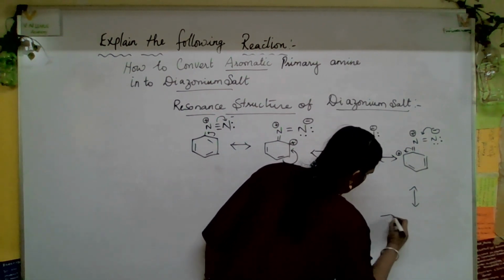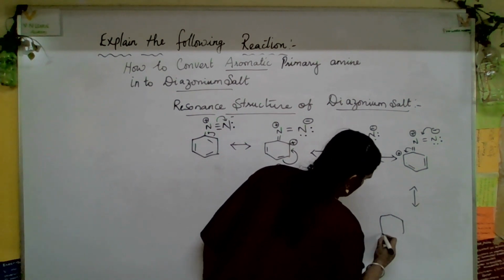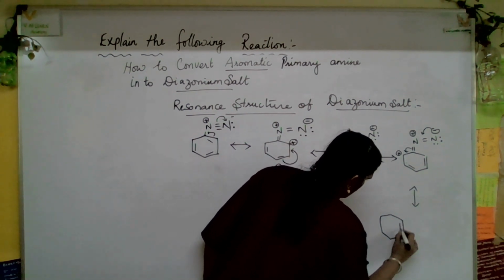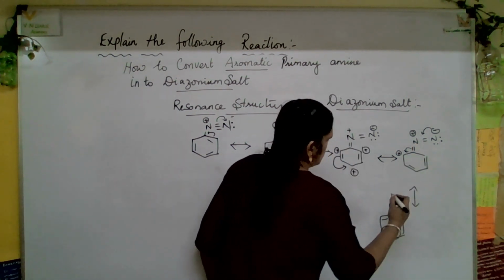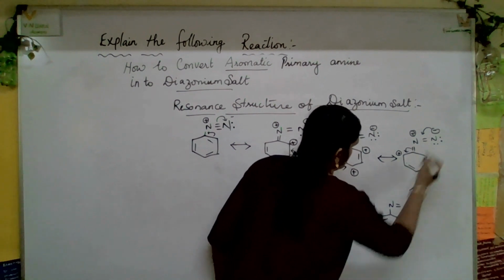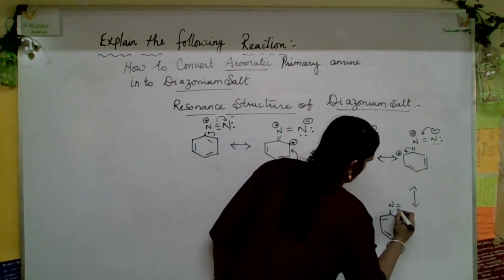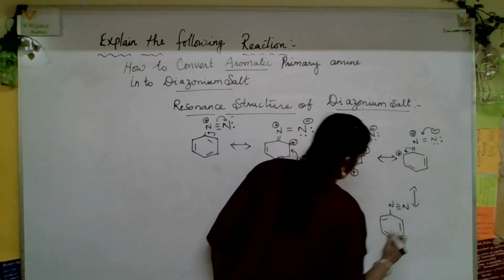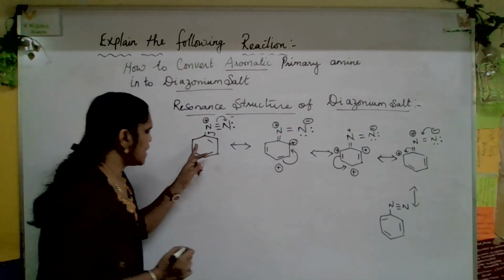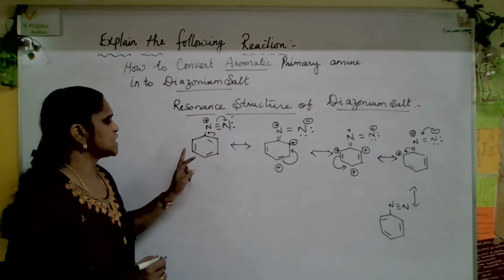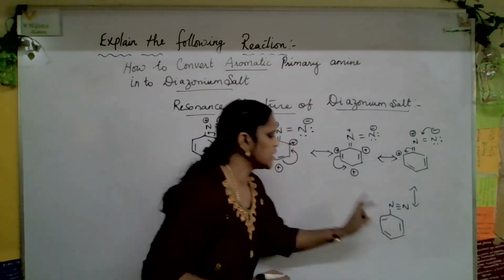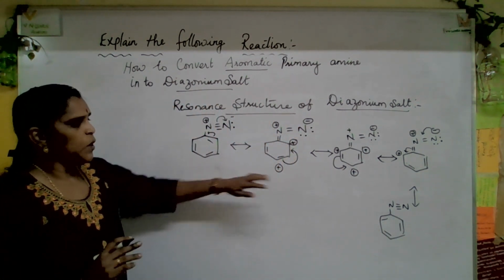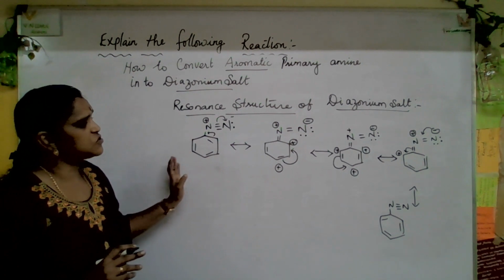So here what happened, like this. Here N triple bond. So the bond comes back to here. Okay, so here N triple bond N. Only thing here, see that bond here starts from here 1, 2, 3, but here it is 1, 2, 3, like that it will be. Hope you're clear with the resonance structure of that